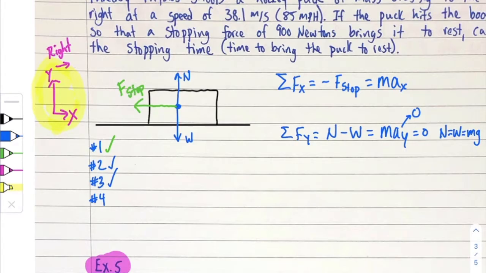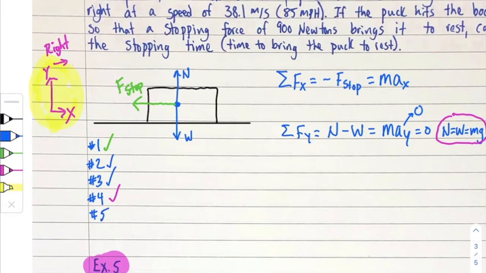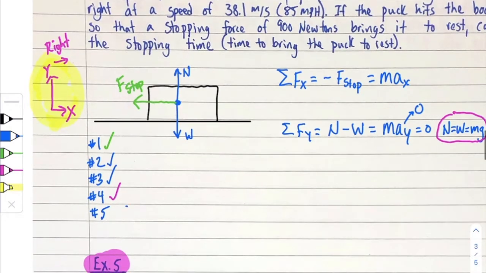So I'm actually just going to circle this equation because that seems to keep coming back, that our normal force is equal to weight is equal to mg. All right, and then we come over here and put a check by step 4, complete. Step 5 says go ahead and use our physics format to solve this bad boy. So we're going to say given, want,